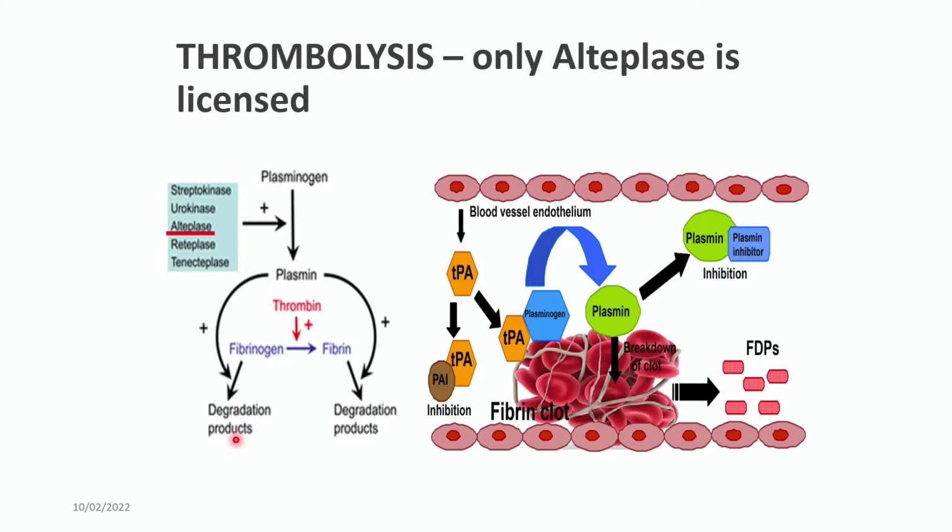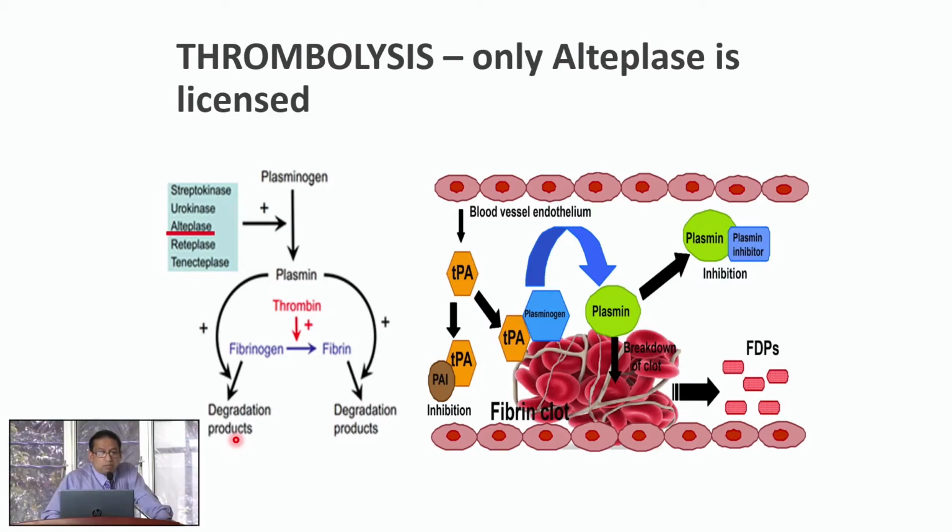So thrombolysis, currently the only licensed drug is alteplase. As you know, the mechanism is a plasminogen activator, which converts plasminogen to plasmin, which then converts fibrinogen to fibrin and dissolves the clot through the action of thrombin. So